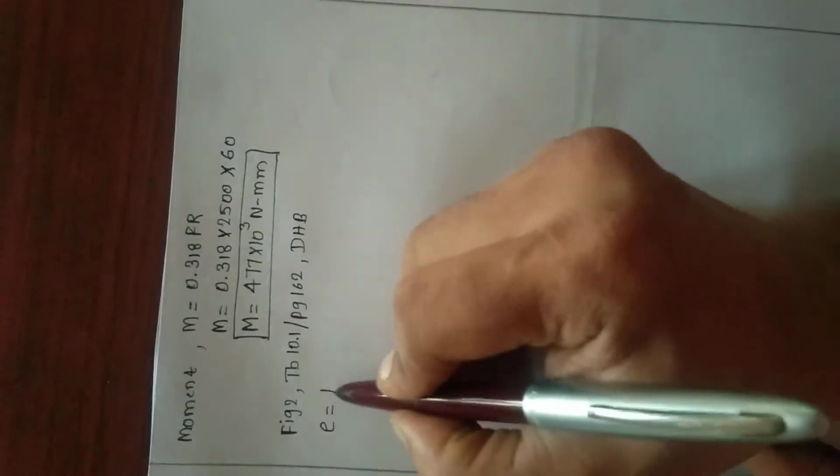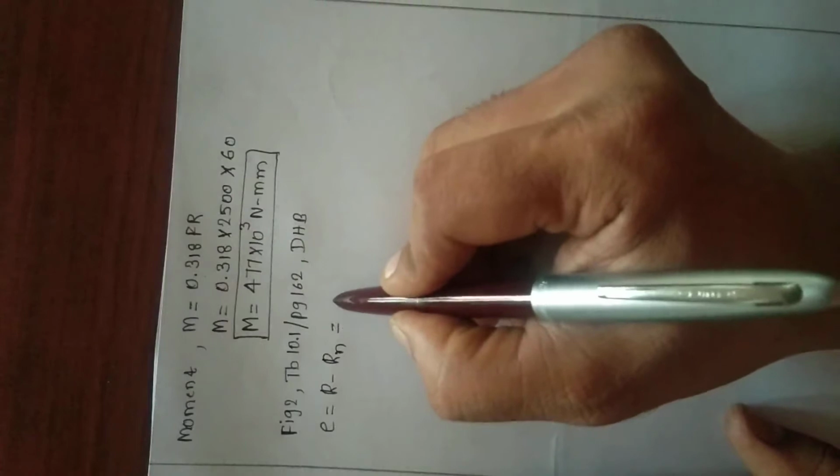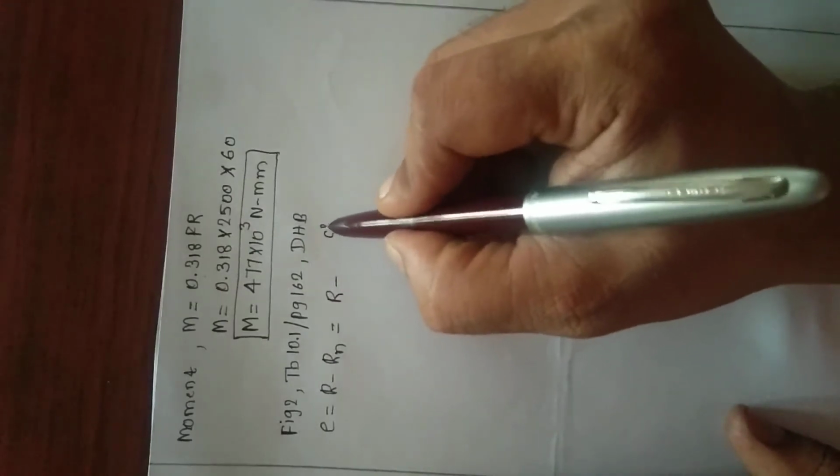I have E is equal to R minus Rn. You can get this directly from the data handbook. R minus C square by